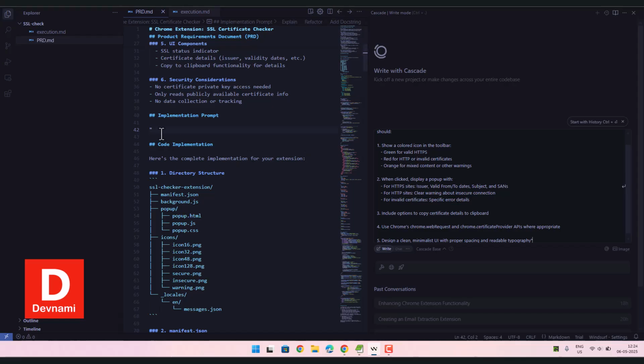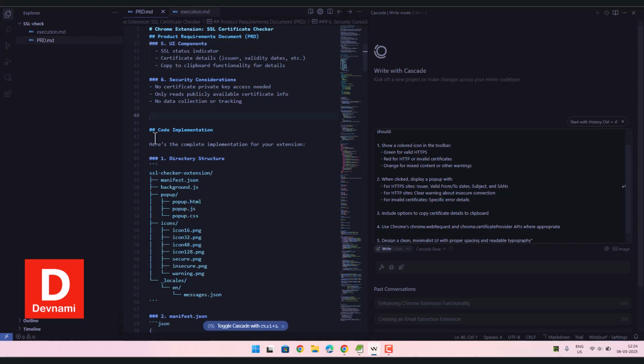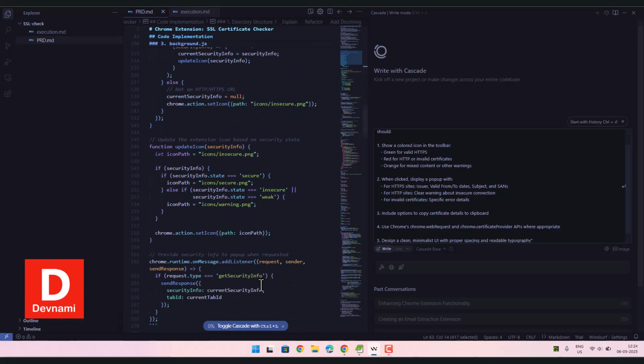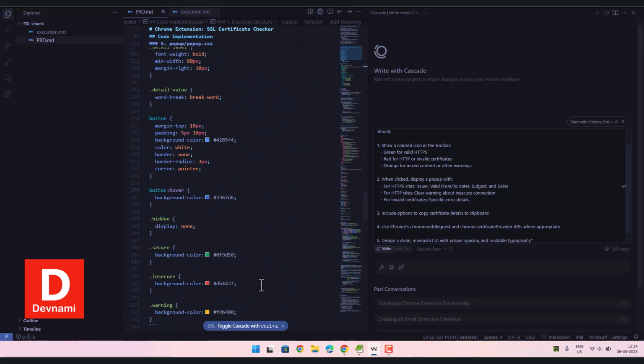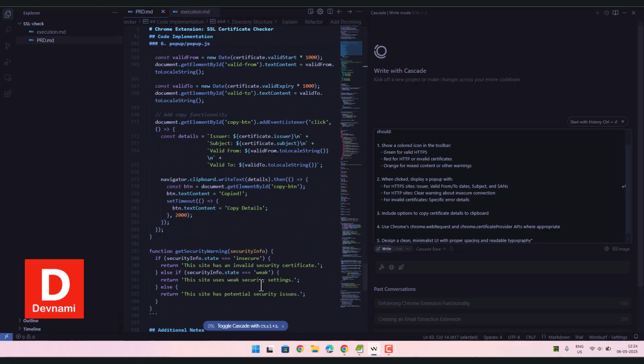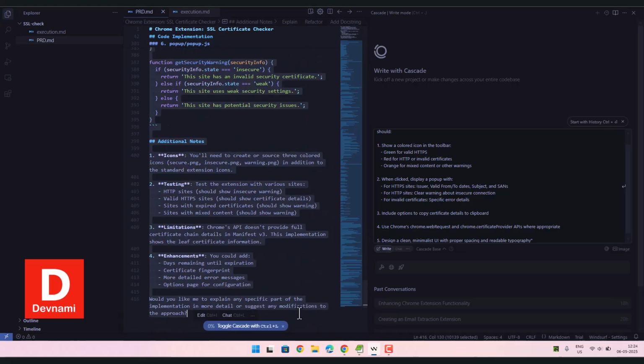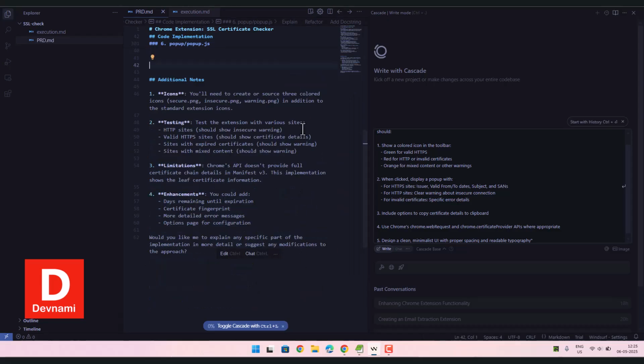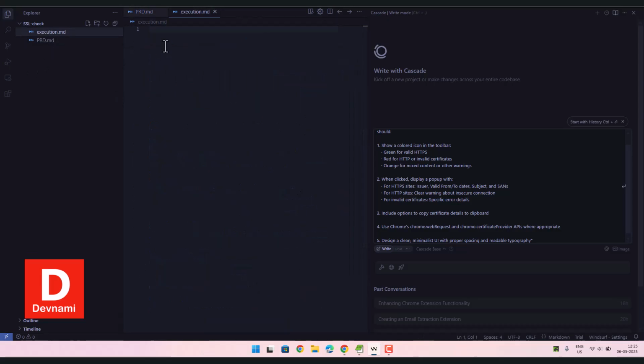Now the next is code implementation. So I'll be taking all of this into the whole code. We'll skip the additional notes part, and I will just move that to